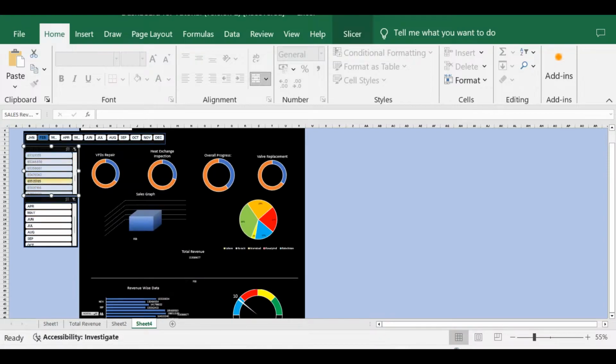easiest way possible. Each step we use here is explained in detail in my dashboard designing playlist, so make sure